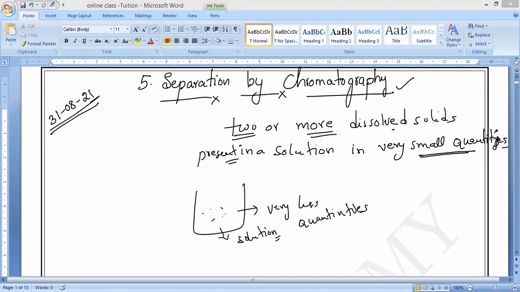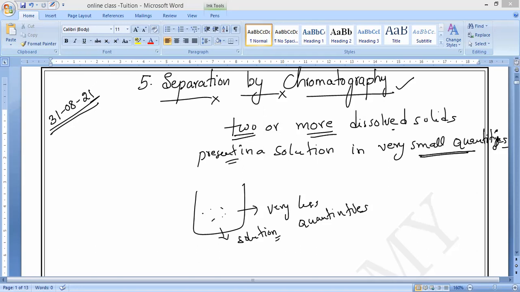Now you can see we have many types of chromatography. The machine we use to separate small quantities is called a chromatograph. I used to operate this when I was in college, for separating mixtures of small chemical components. We have a chromatograph in our chemistry laboratory, and I used to run it.